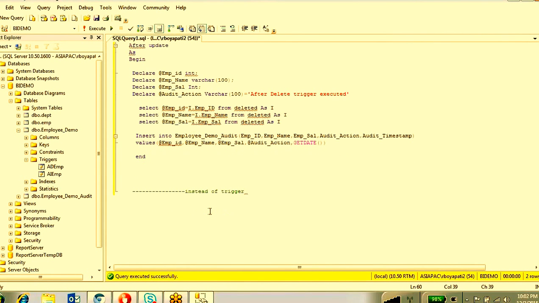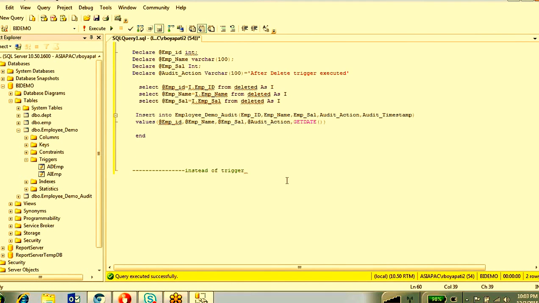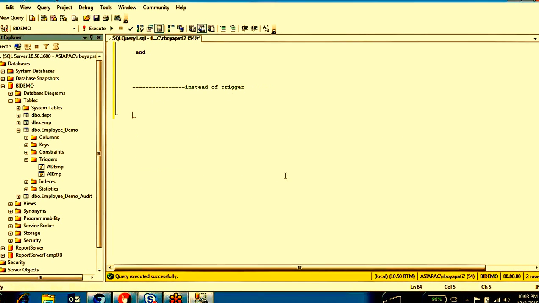There are also three types of these triggers: instead of insert, instead of update, and instead of delete. Right, so then what is the syntax for this instead of trigger? What is it doing? Guys, can anybody tell me what is the difference between instead of and after trigger?